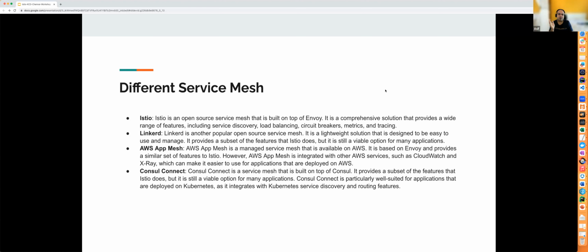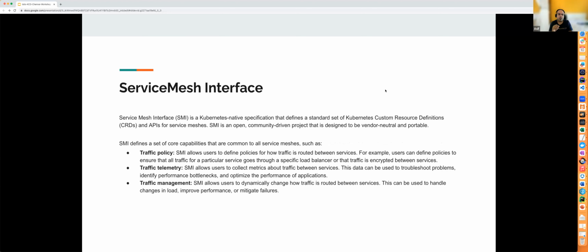Earlier, we used to change the applications when moving from one technology stack to another. Now, if we are moving from one platform to another platform, there are vendor lock-in issues, and you need to change all the configurations and adapt to the new configurations. So that issue is still there. Addressing this issue, the service mesh interface came about.